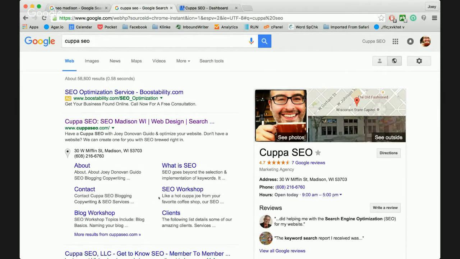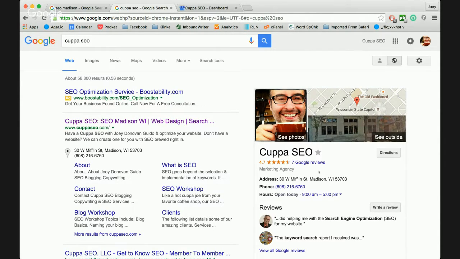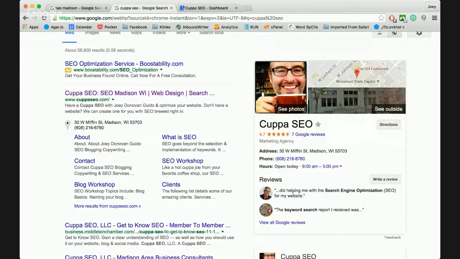It really starts to pull through a lot of information, including my address, phone number, and on the right-hand side some images and a little more information about reviews. And it's really cool if you look down here under reviews, it actually shows a couple of snippets of people's reviews. We'll talk about that a little more later.